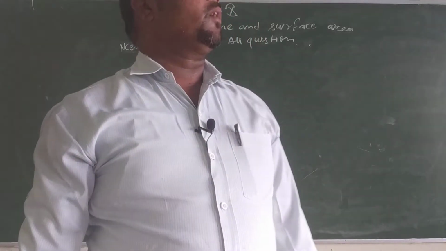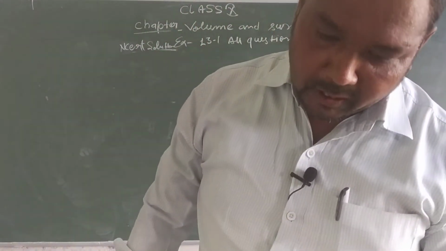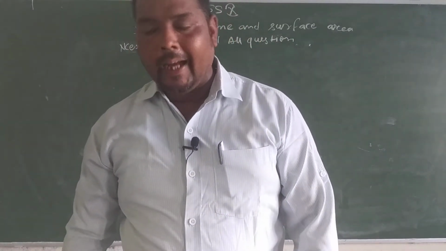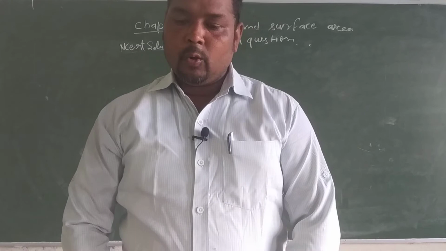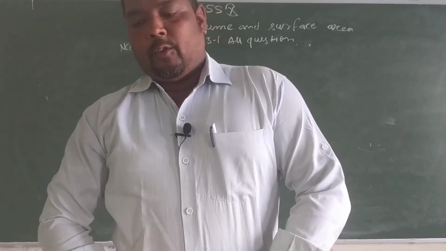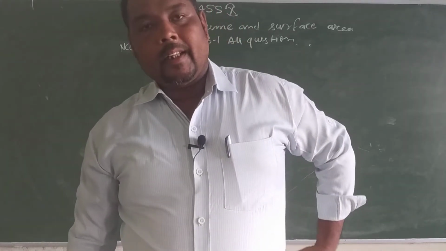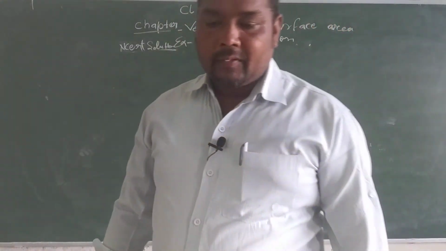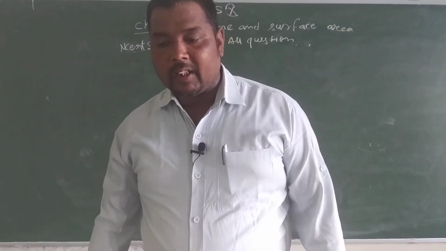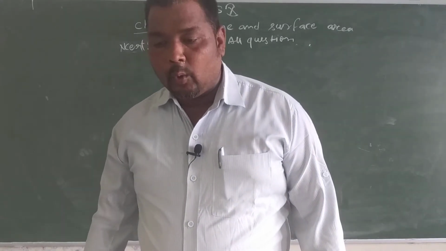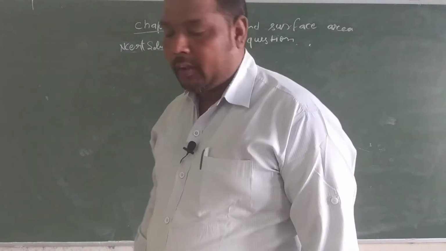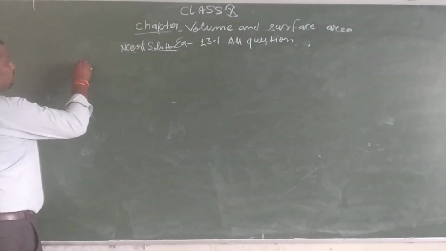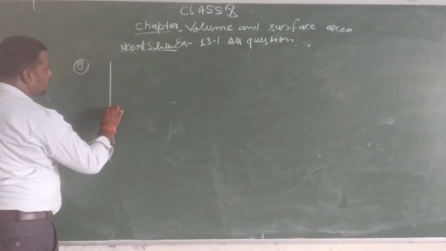Students, now on question number 8. What is question number 8? From a solid cylinder whose height is 2.4 cm and diameter is 1.4 cm, a conical cavity of the same height and same diameter is hollowed out. Find the total surface area of the remaining solid. So students, in question number 8, there is a cylinder,